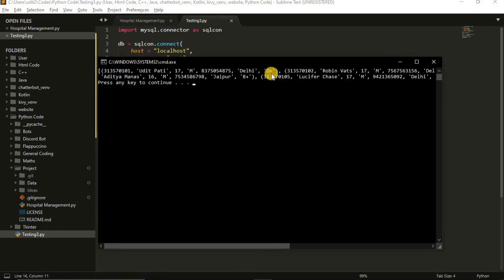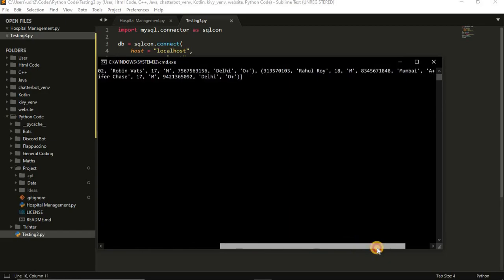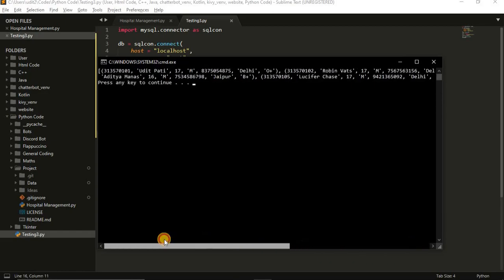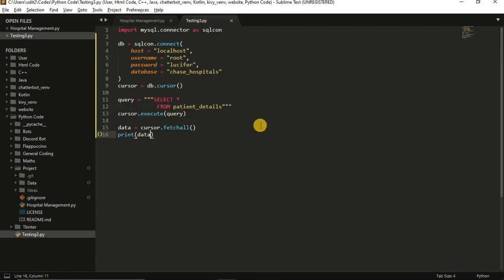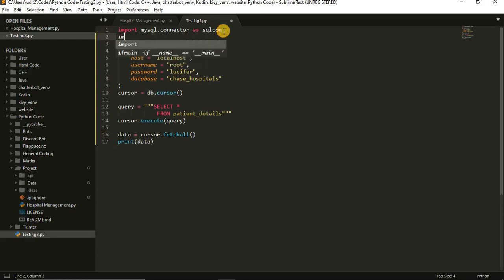As you can see, all the data of the patients are here, but it is still not very visible, and you can't read this with ease. The readability is very low. So what we can do is import another library called JSON. JSON stands for JavaScript Object Notation. It's a language, and it is also a very cool library for Python. Now we can do it.